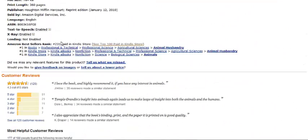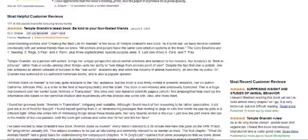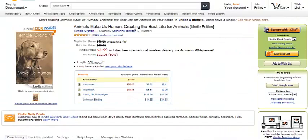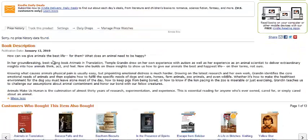So then here is the bestsellers rank. It's number 231 in paid Kindle store. So this book is probably selling several hundred or 1,000 copies a day, somewhere in that range. It's selling a lot of books. So the author is making a lot of money from this book. And it looks to me, what is this book about? How can we give animals the best life for them? What does an animal need to be happy? So anyways, this book,